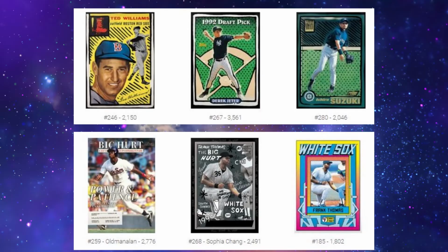But when we look at the history of Vides and Frank Thomas, why do I say this card could finish under 1,800? Frank Thomas's most recent release was that grotesque 1802. Before that, we had Chang, and then the Beckett magazine Old Man Allen. On Vides, we've gone from the Ted Williams at 2150 to Jeter at 3561, and then that Ichiro. And the Ichiro coming into just 2,046, considering the fan base of Ichiro in the set, is why I say